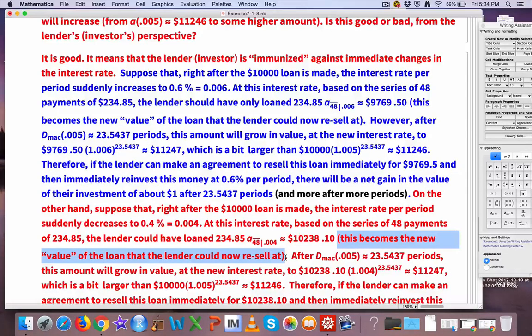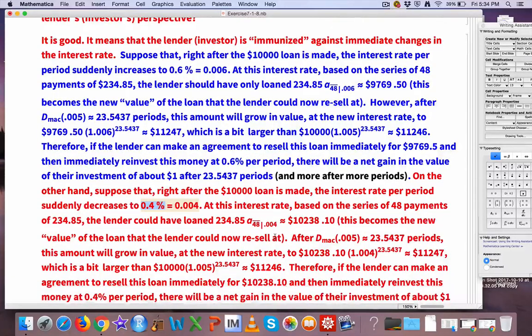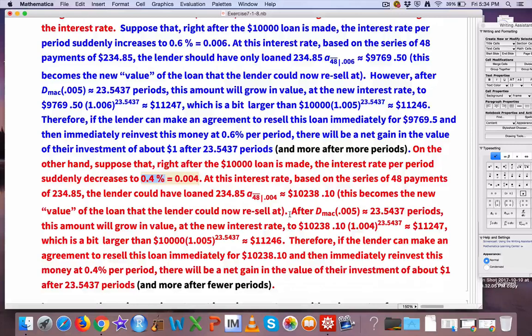Okay? So it's good in that way. However, they also could reinvest it at the lower interest rate, 0.4% per month, and still make money, still come out ahead, certainly after the Macaulay duration number of periods, 23.5437 months, and once again you're about $1 ahead, $11,247 compared to $11,246. Therefore, if they resell it and reinvest even at 0.4% per period, even at this lower interest rate, there'll still be a net gain